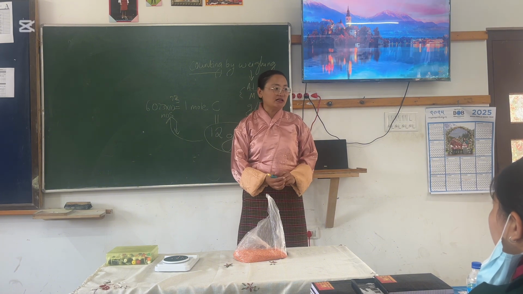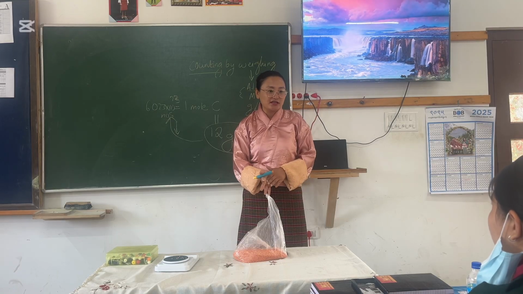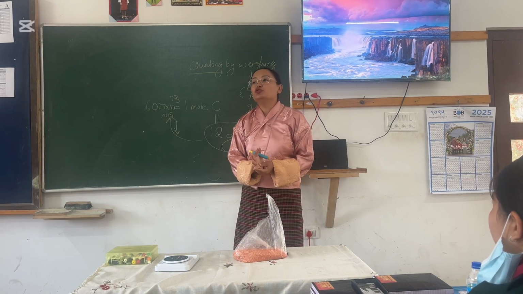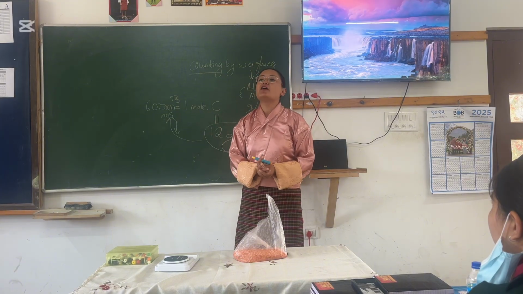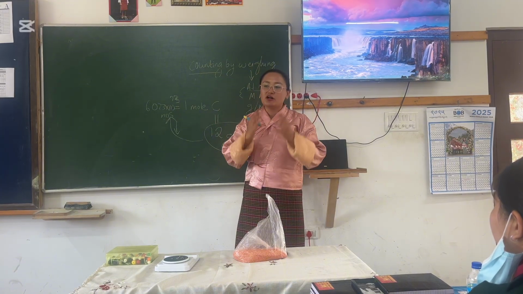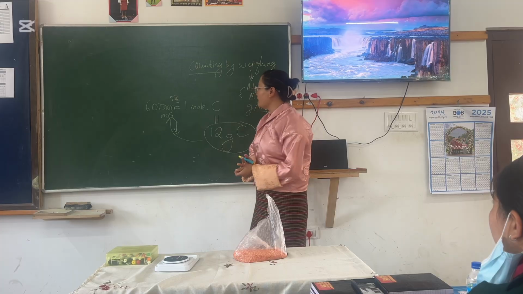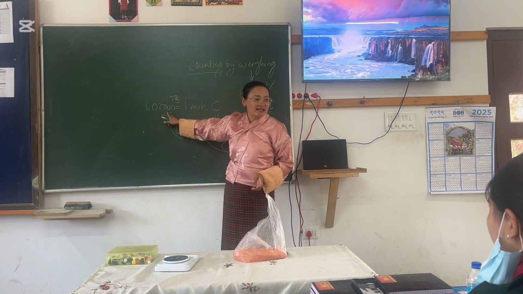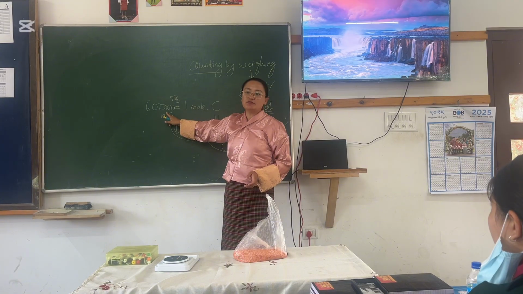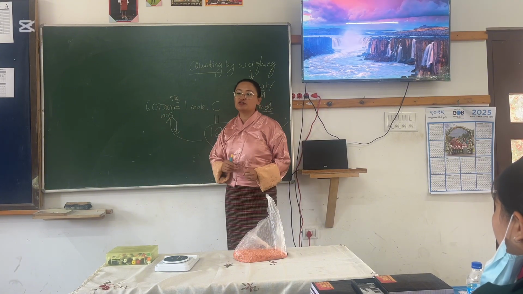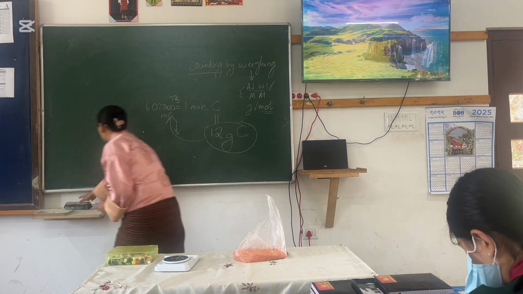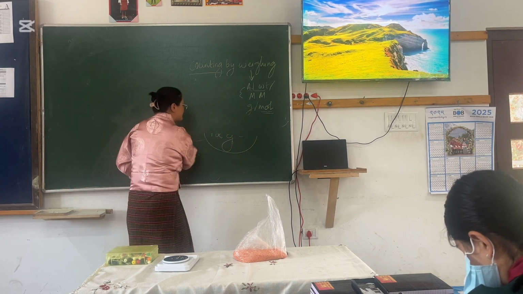So are you getting the concept of mole, especially the new students? Yes? So mole is just a unit to measure the amount of atoms, molecules, ions. We call them particles. And 1 mole represents this number, which we call Avogadro's number. You have to know this number, 6.023 times 10 to the power 23. Are you getting it? Okay, so let us take some more examples.